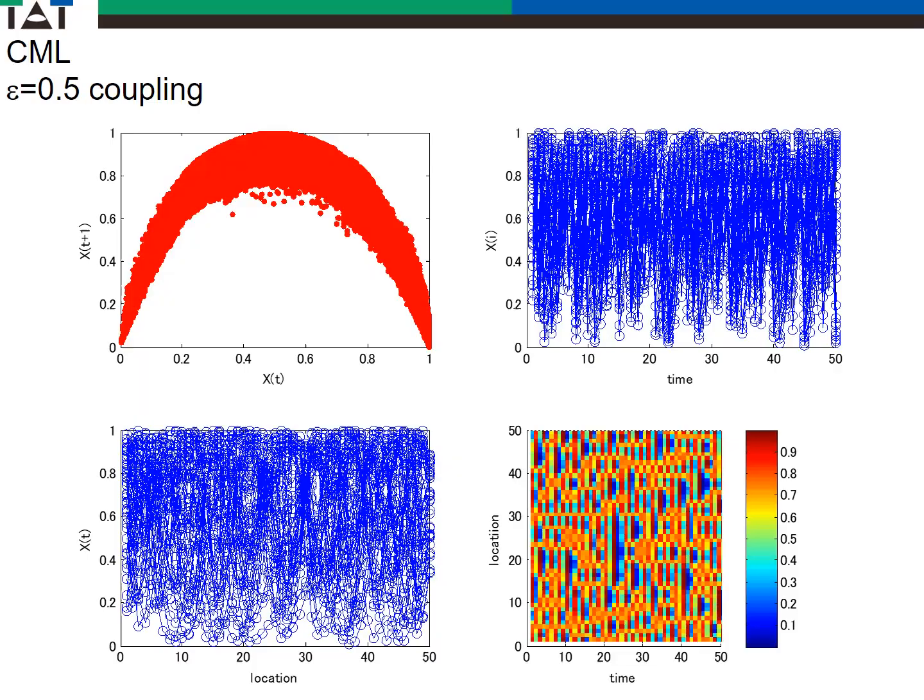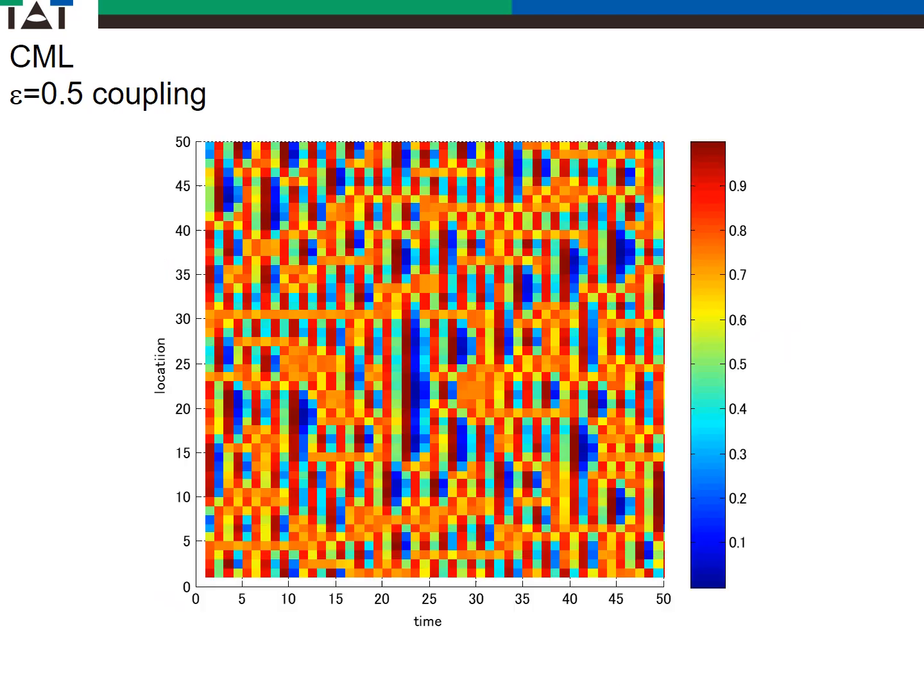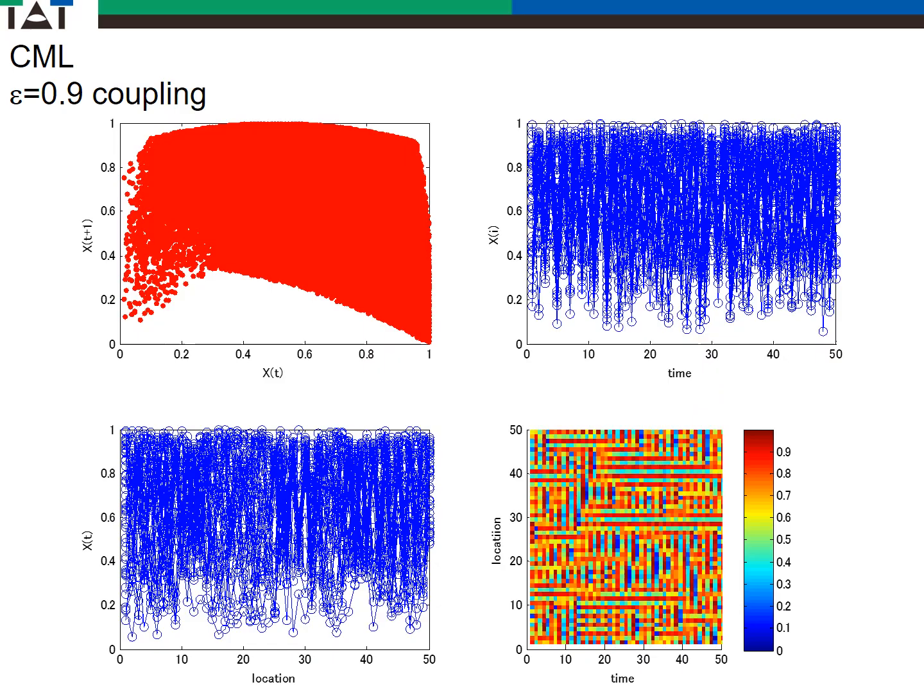It looks quite random, and epsilon is 0.5 coupling, and you may see some pattern coming up to the bottom right figures. Then some pattern came up. This is very strong coupling, and some pattern is